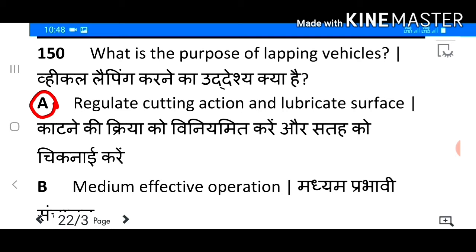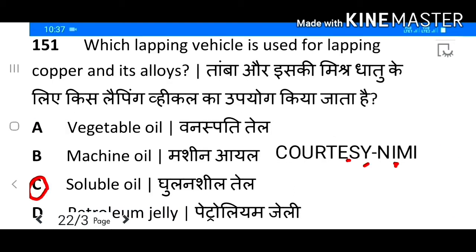Answer A. Regulate cutting action and lubricate surface. Question number 151. Which lapping vehicle is used for lapping copper and its alloys? Answer C. Soluble oil.